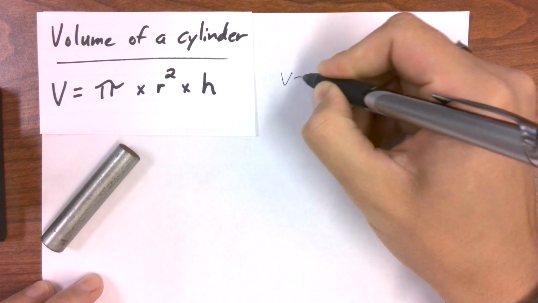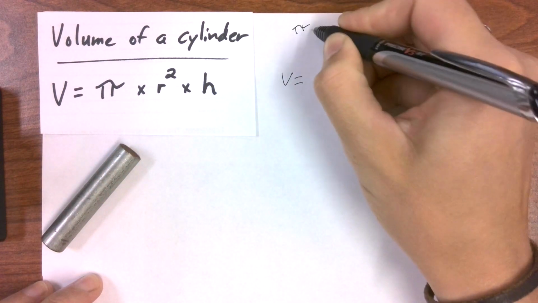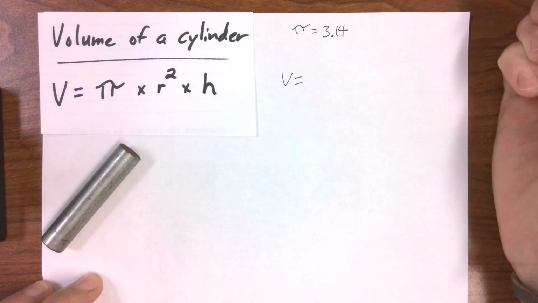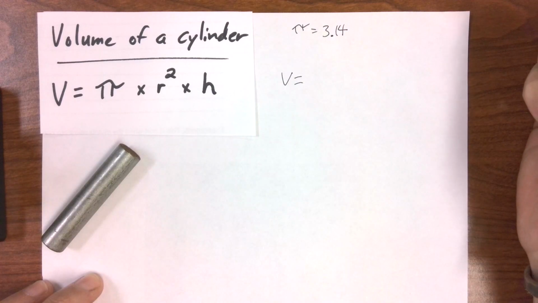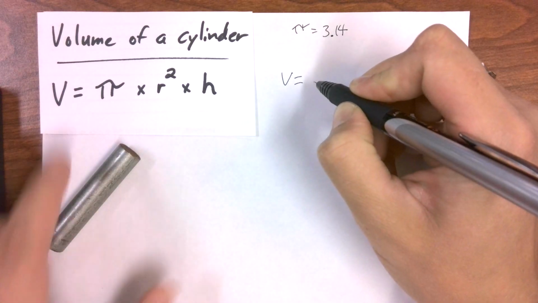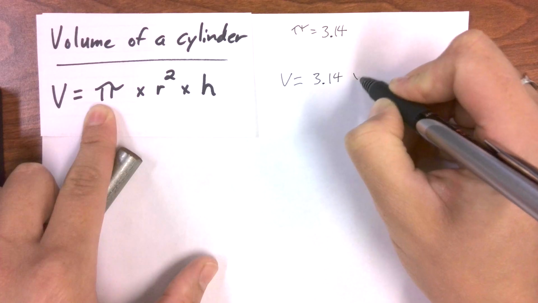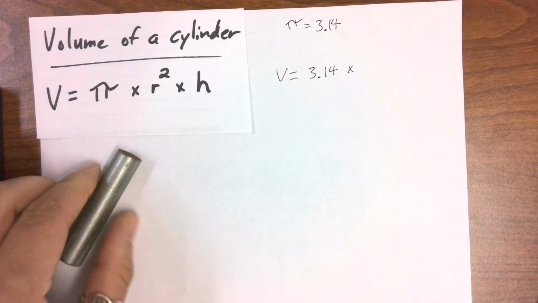So volume equals pi, and remember I told you before that pi we can just say is 3.14. If you have the pi button on your calculator, you can use that, or you can just put in 3.14. So 3.14 times radius squared. So this is a measurement that we have to take, and if you remember, I told